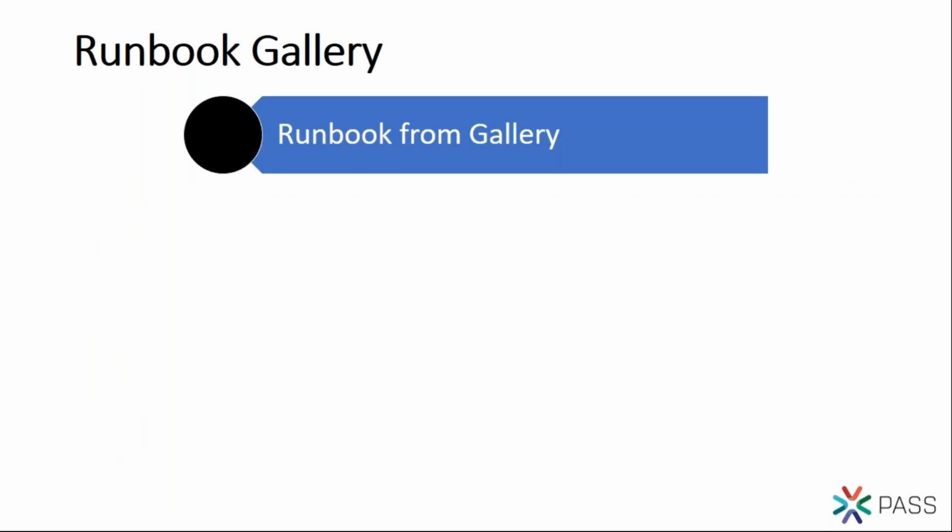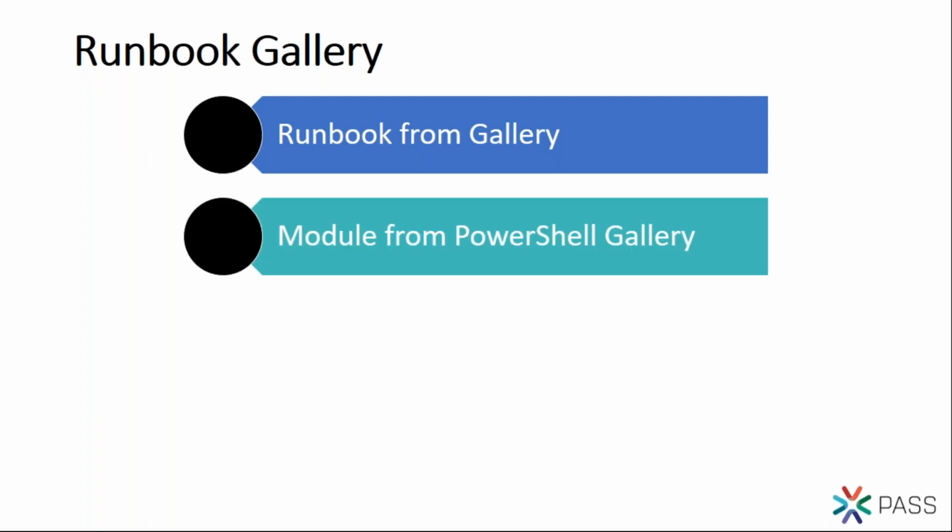So I talked about Runbook Gallery briefly. I'll show that when you go back to the portal. You can get Runbooks from the Gallery. You can also get modules. So PowerShell modules, some of those will come for free, like the Azure RM module. But if you need other modules to write your runbook, you can always import them from PowerShell Gallery directly, and